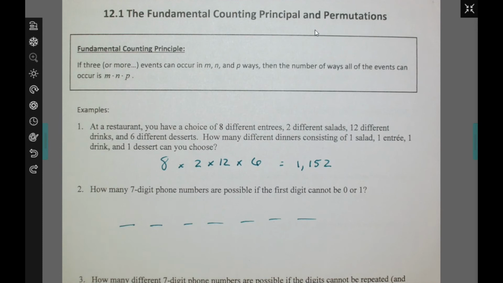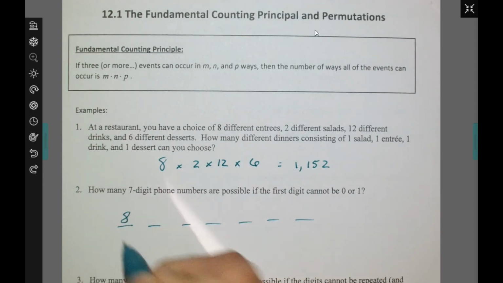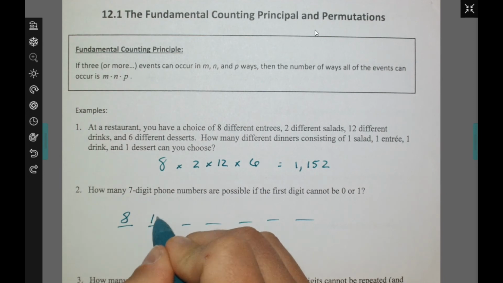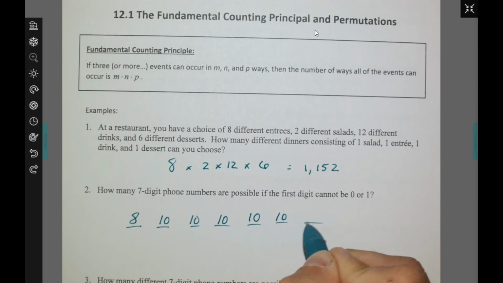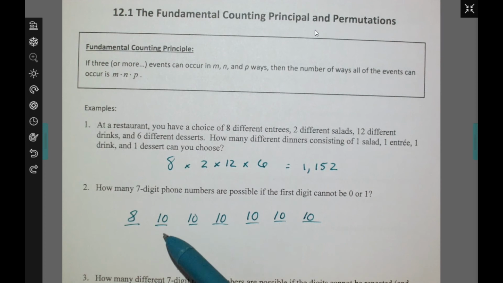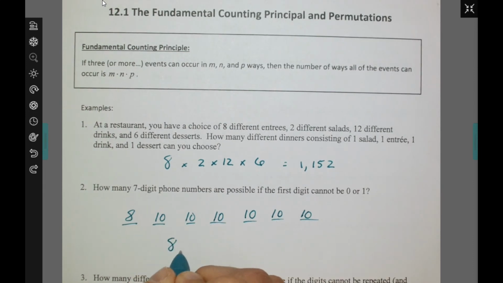So we need to think, how many digits are there that we can choose from? Well, as far as digits are concerned, you go from 0 to 9 because it's just one number. So if I count all the way up from 0 to 9, there are 10 possible digits we can choose from. The first one cannot be 0 or 1, so I only have 8 digits to choose from for the first one. And then each of the remaining blanks, we have 10 possible digits we can choose from, because we're allowed to use any of them on any of those 6 remaining spots. So again, we're going to multiply it all out, and we're going to end up with 8 million